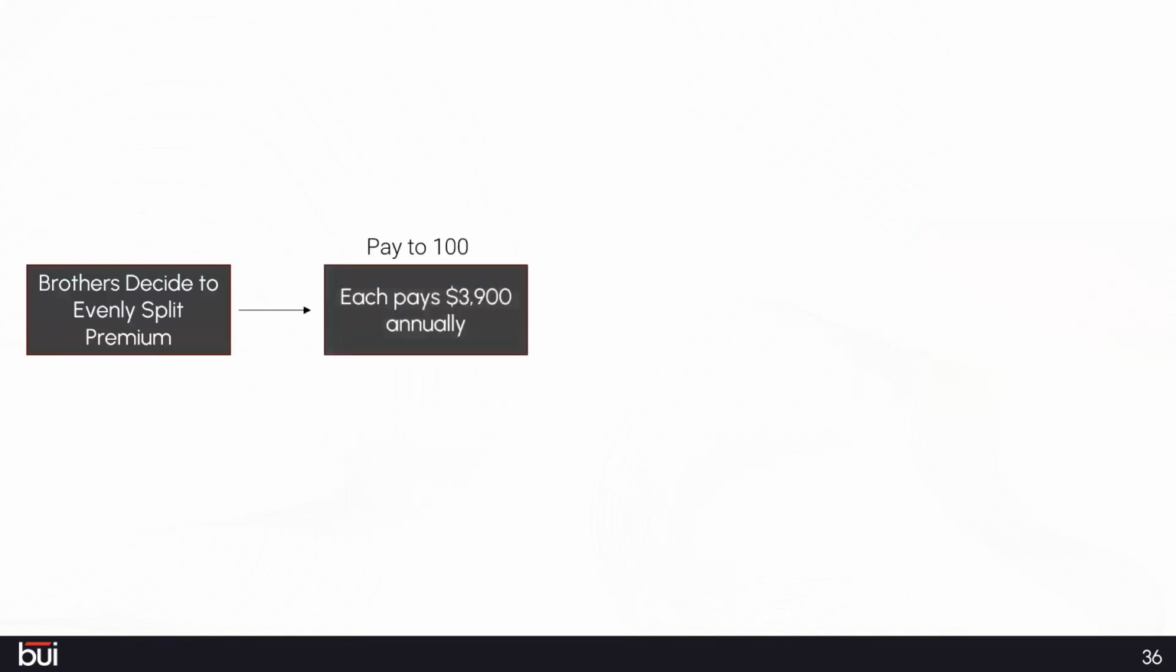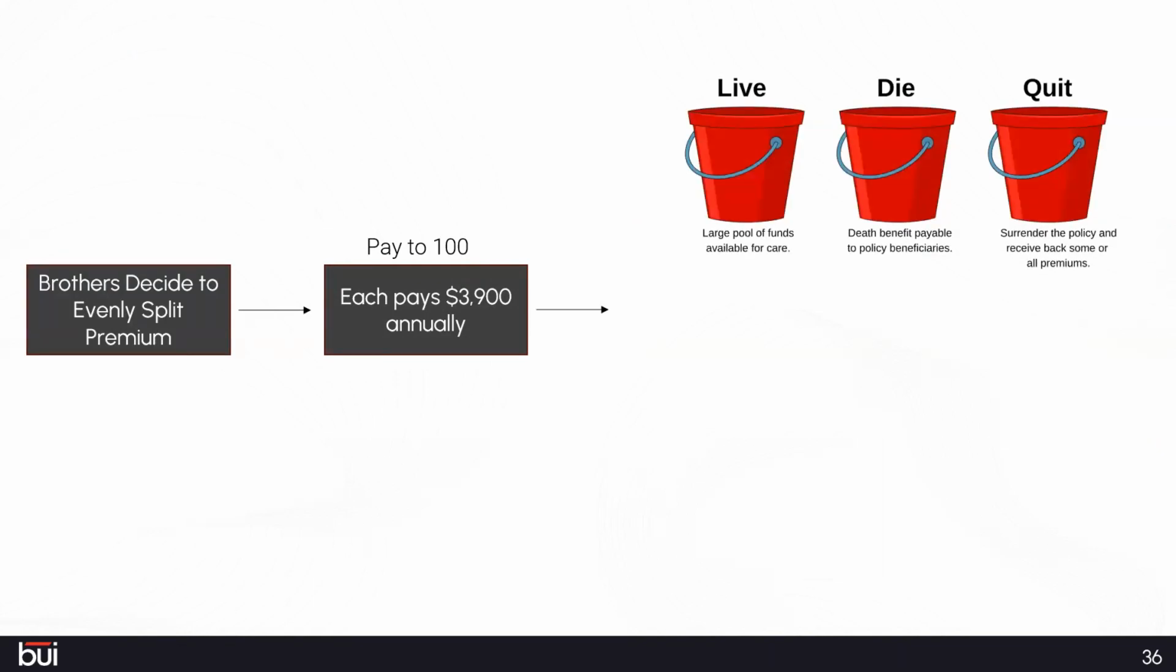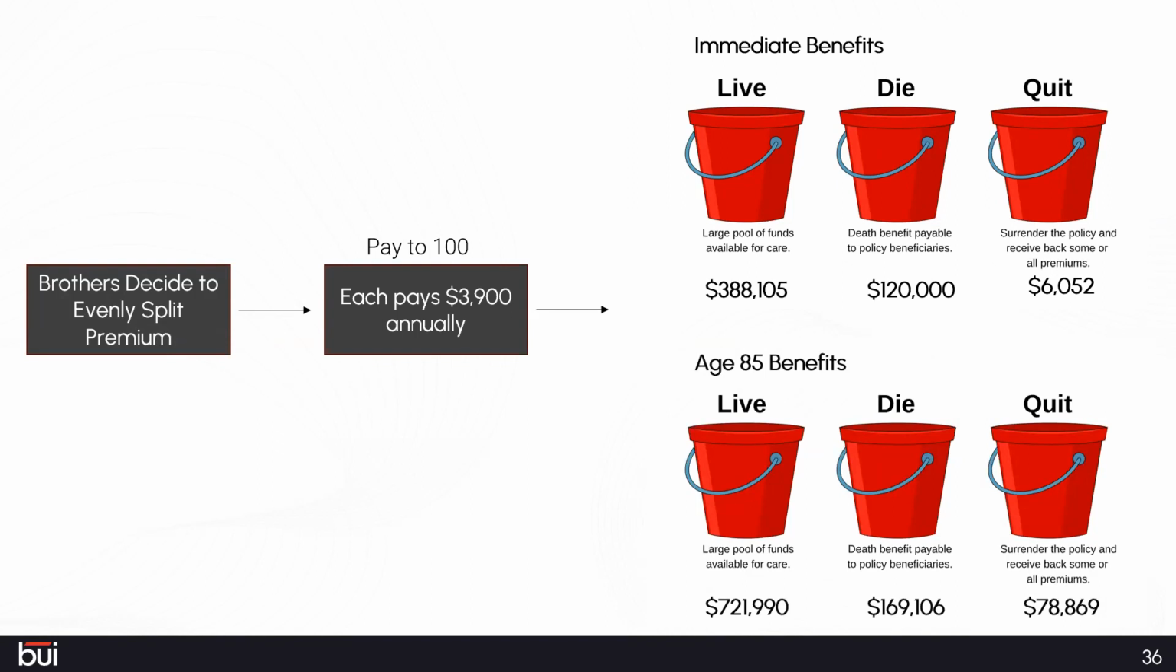Theodore and his brother decide to evenly split a continuous annual premium to fund a long-term care policy for mom. They each pay $3,900 annually, a premium that they're both very comfortable with, which provides mom with immediate long-term care benefits, and at age 85 provides her with benefits of $721,000